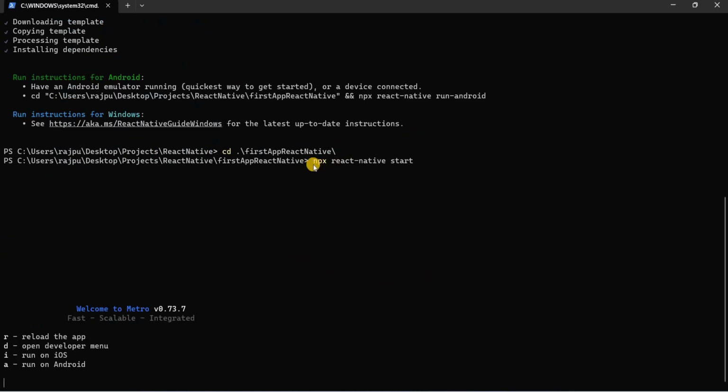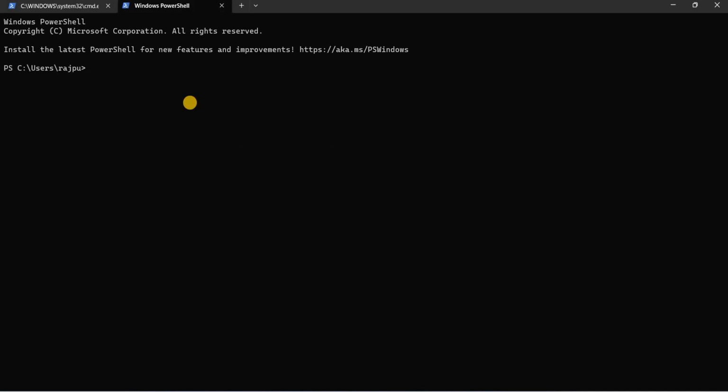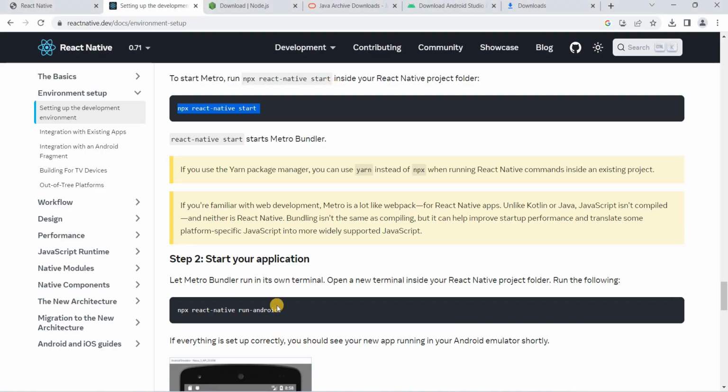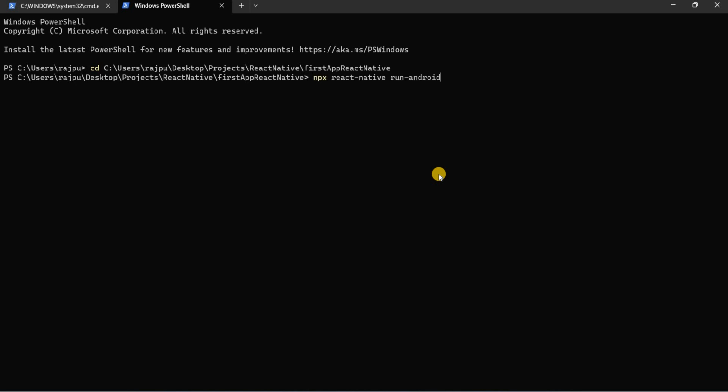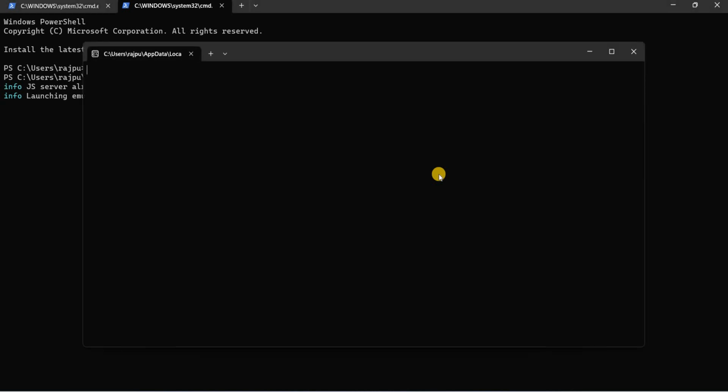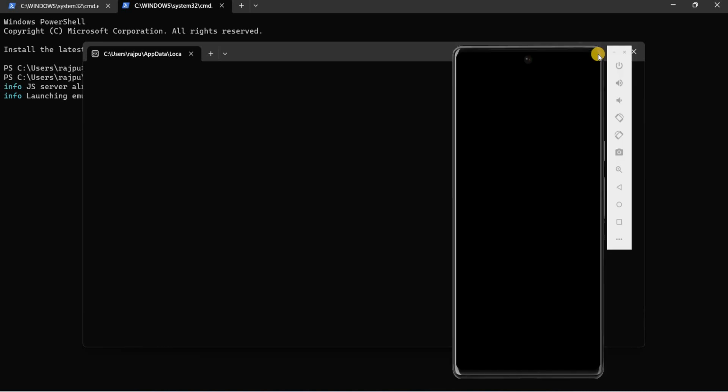Now it is successfully running. Then what we have to do is simply copy that part and open a new terminal and cd. So now again I am in my React Native project folder root directory. So simply we have to run the second command, react-native run-android. So copy and paste. Again this command is going to take some time actually. Then we will see the output, because first of all it will open our simulator.